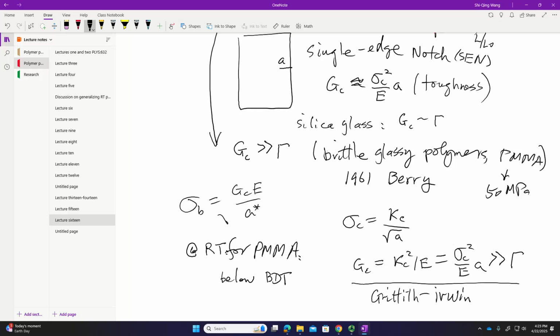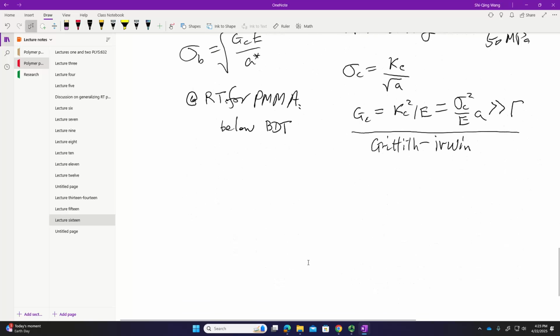is to suggest that the nominal strength of your PMMA will be prescribed by this formula, where you pretend you have flaws of size A star. So let me repeat what I said. If your sample is not flawless, but flawed, you perceive, then the whole task is about